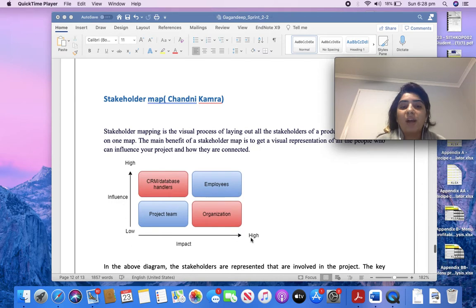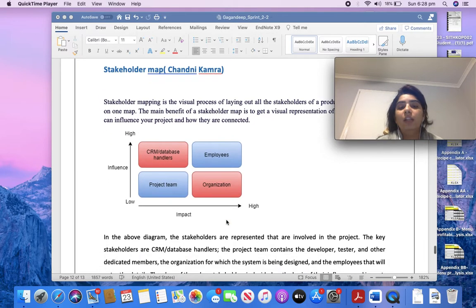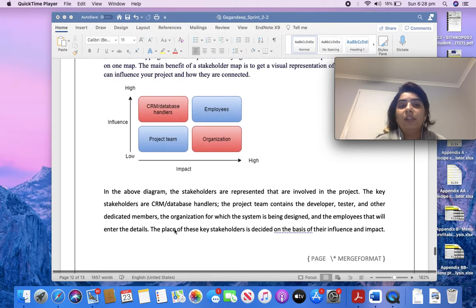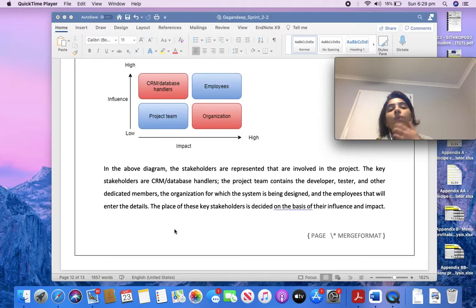So this is a y-axis graph. The priority shows who influences the CRM database at the back end and the employees, and how the project team is low in priority, and the impact on the organization is high. If anything happens, it directly impacts the organization and the CRM database. If this database crashed, it is directly on the organization. That's all I'll explain in this part, how it works, and then how we were working more on the